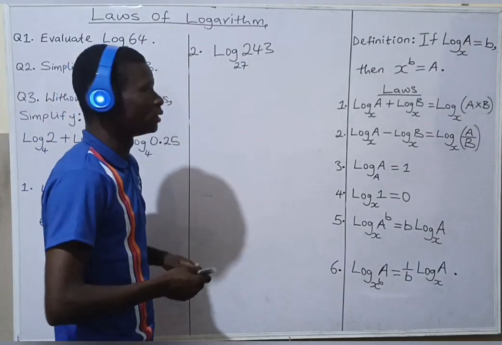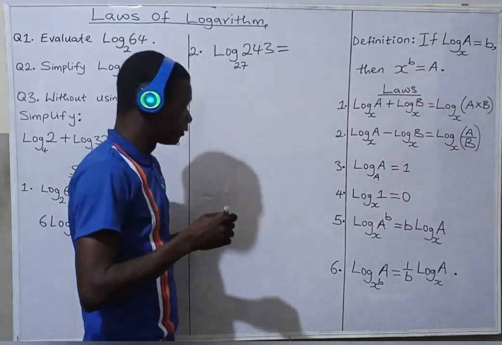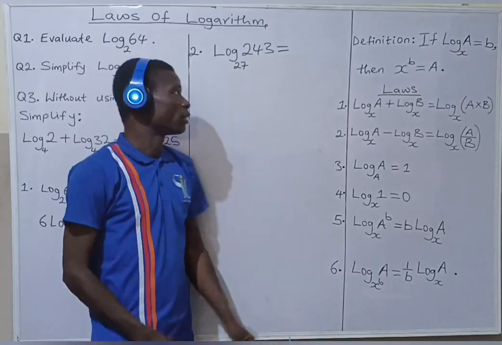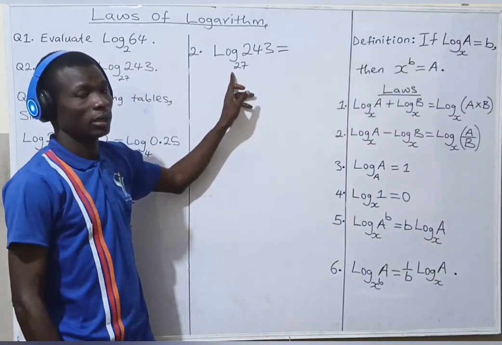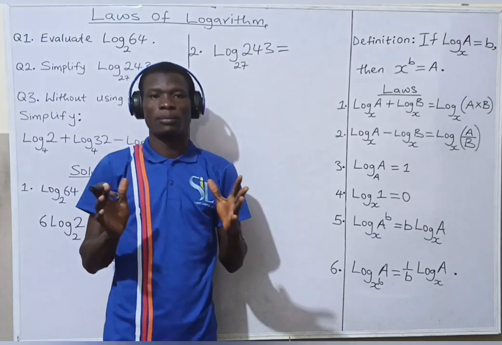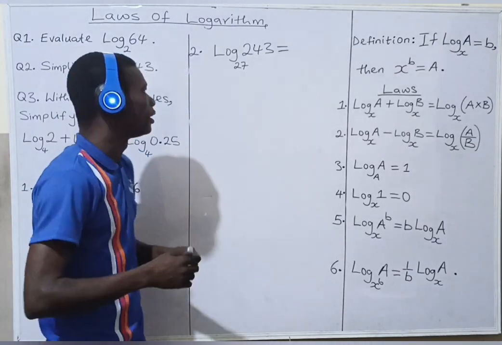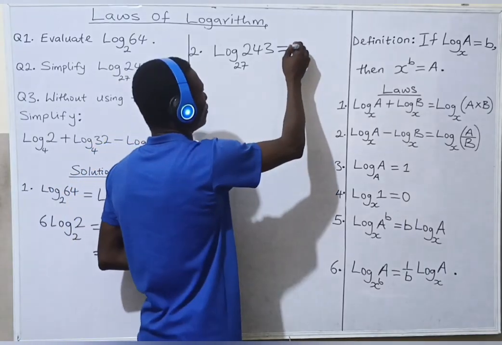So there we have it. Alright, so we are going to simplify log 243 to base 27. Then, with a careful look at 243 and 27, they both belong to the family of 3. So this can be written as